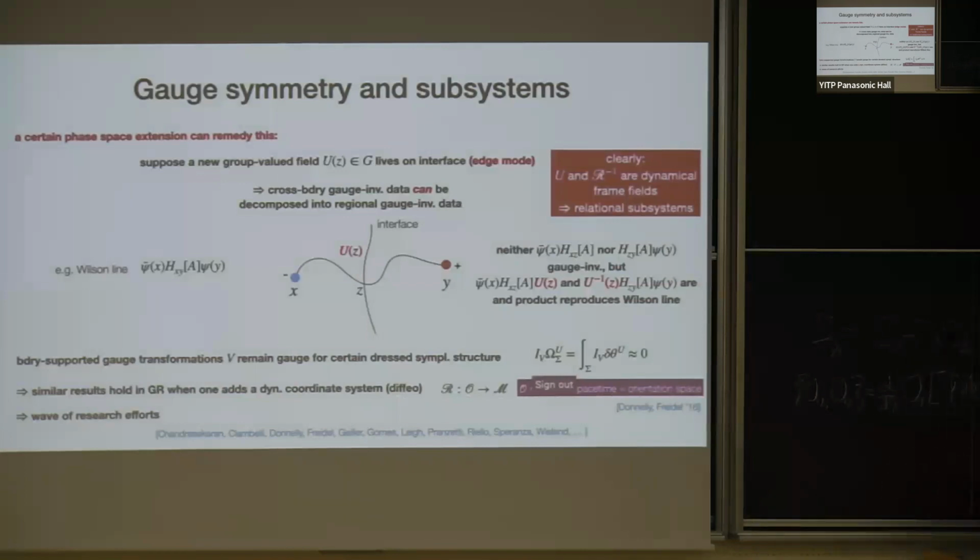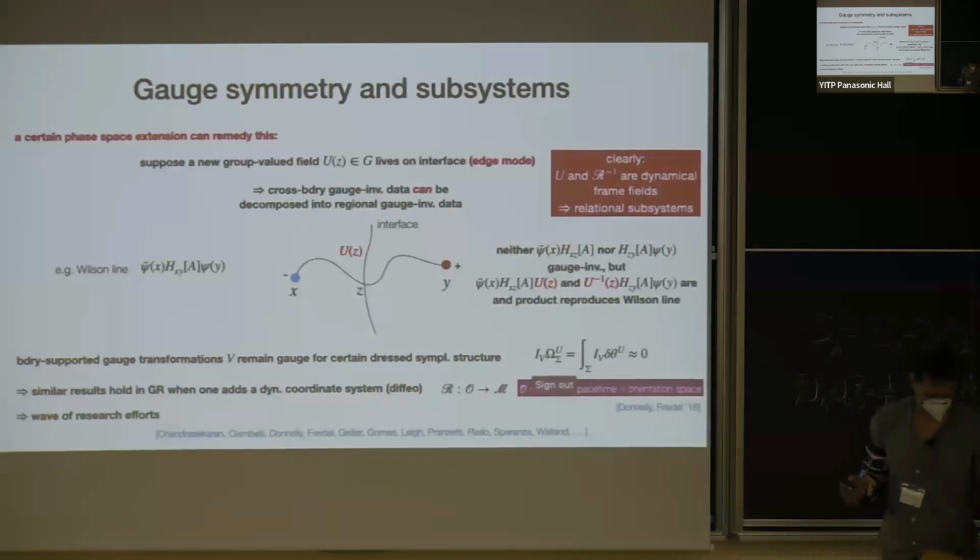But one thing to note from our perspective here is really that this field U here is group valued, and this dynamical coordinate system is really nothing else than dynamical reference frame fields in the same sense in which I've discussed them in this talk. So in the way they have been introduced, they were postulated somewhat rather abstractly. So you had to add them by hand.